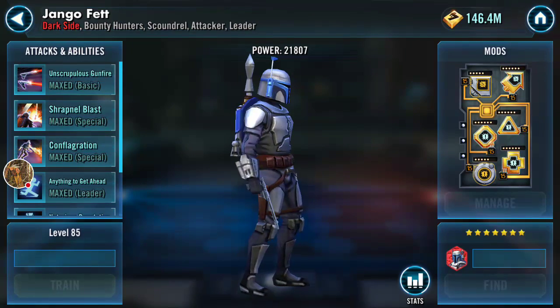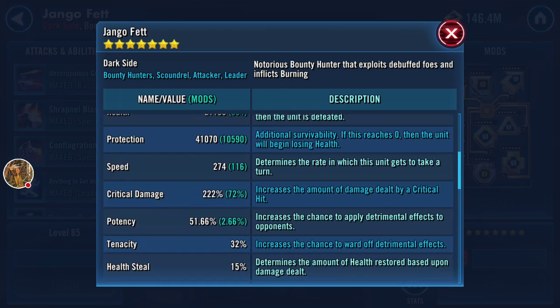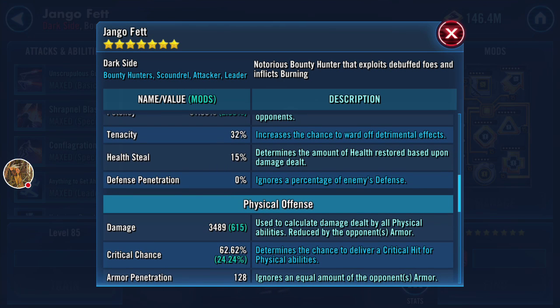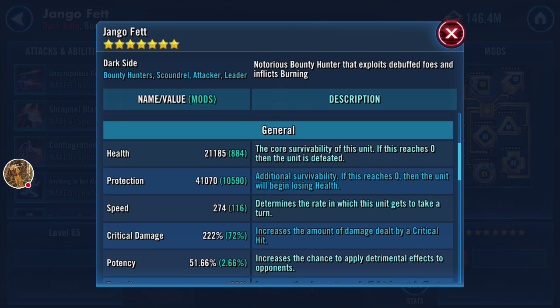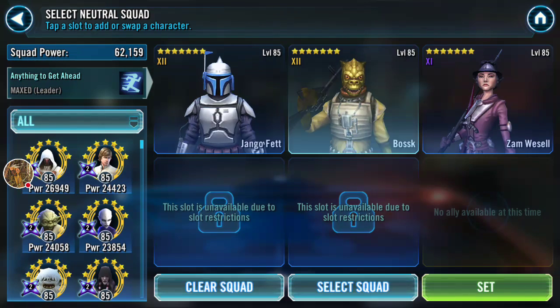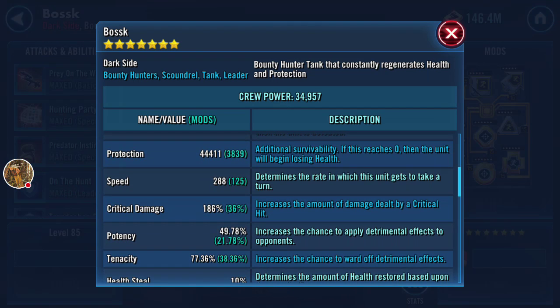Django's lead is pretty great, and I've got him pretty well modded for offense and crit damage. So he's got 3,500 offense plus 615 and 62% crit chance, and pretty decent health and protection, and 274 speed, which after his lead is going to be 304 speed. So very speedy Django, and my Bosk is at 288 speed, which after the plus 30 speed bonus is going to be at